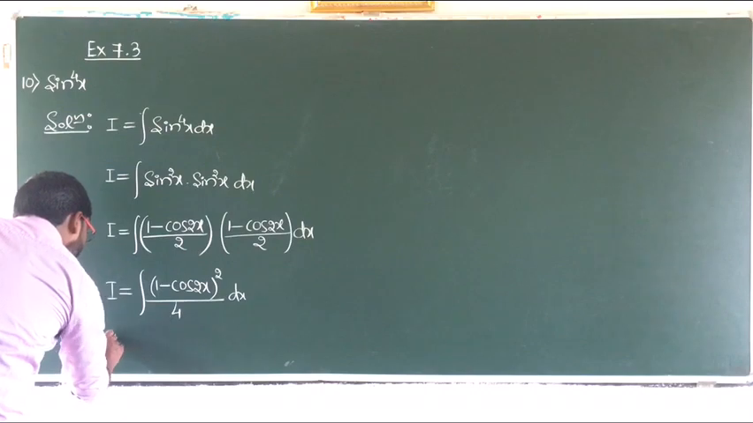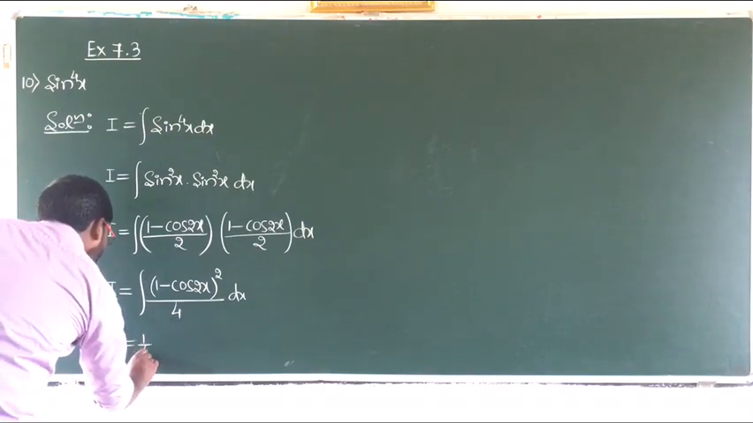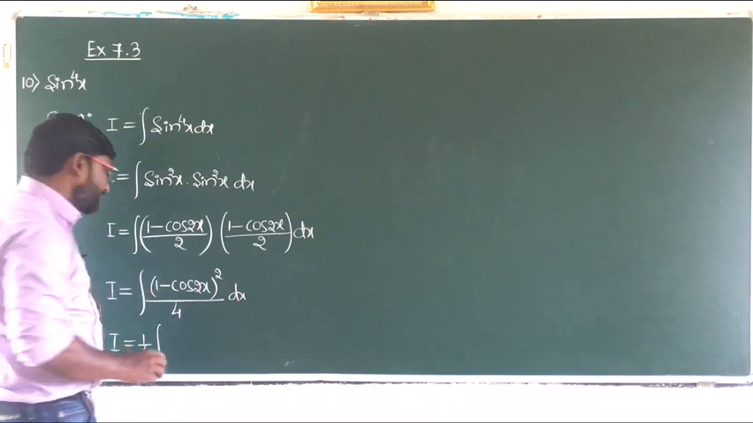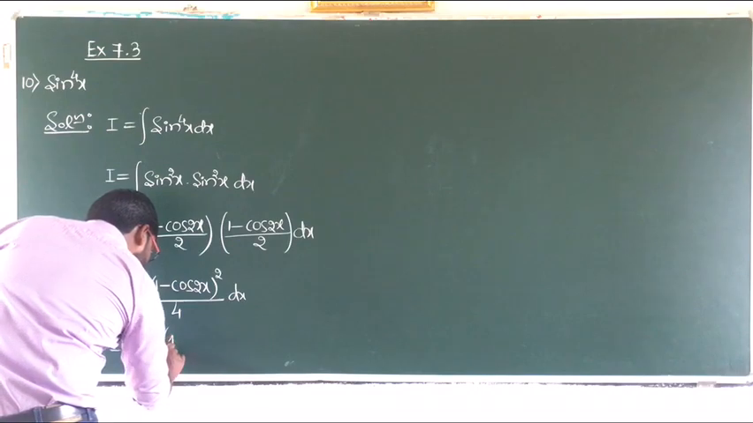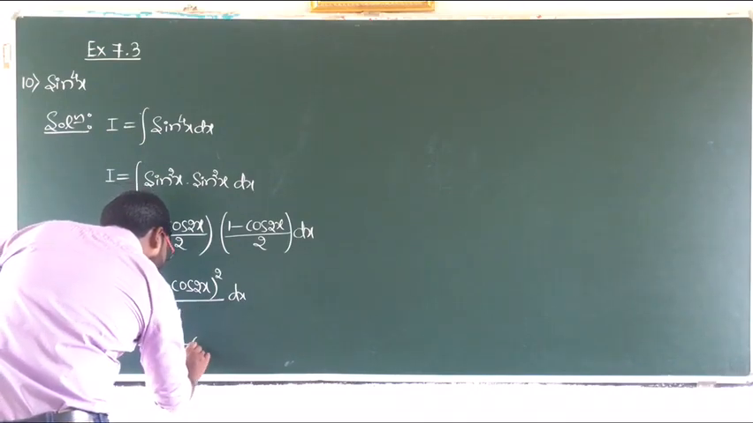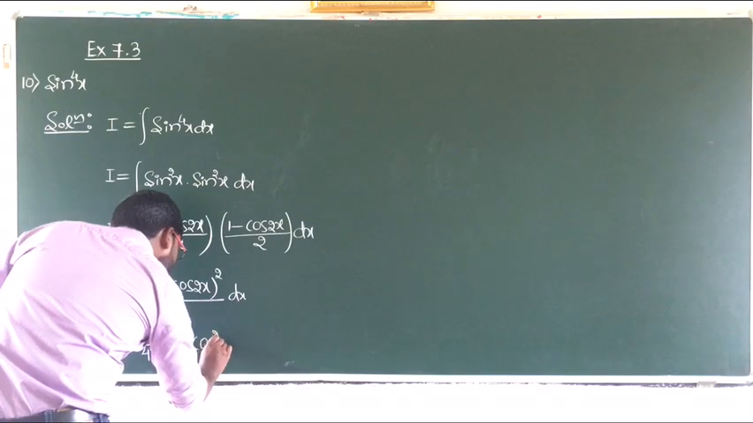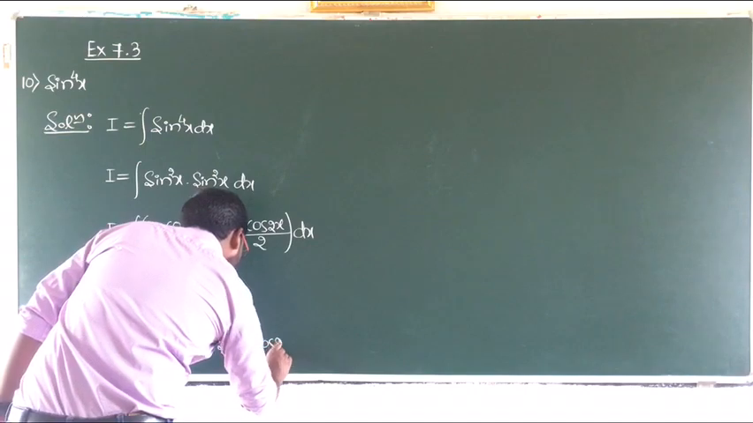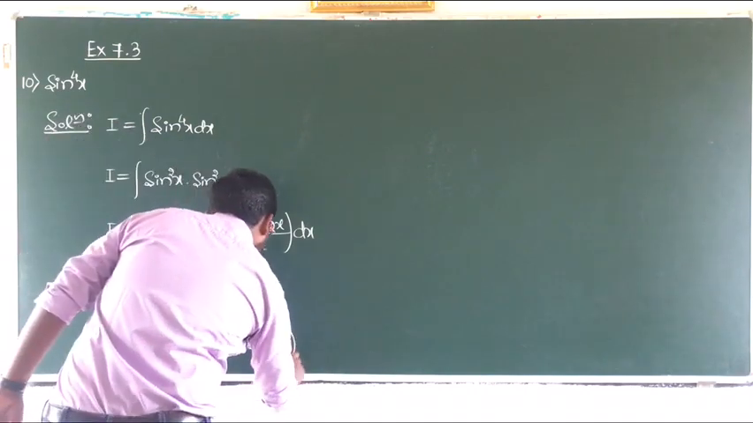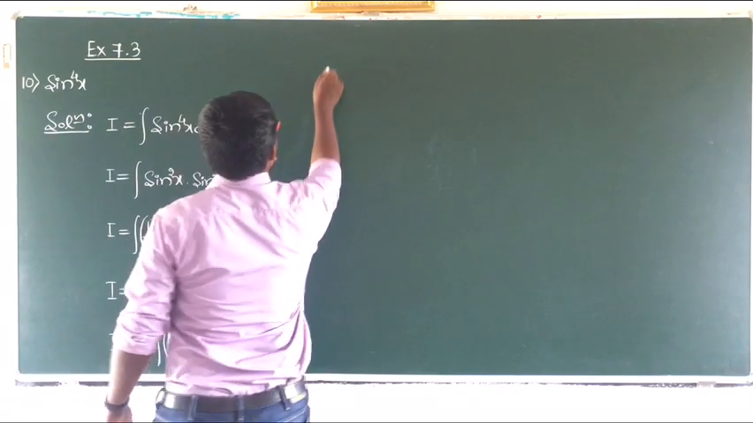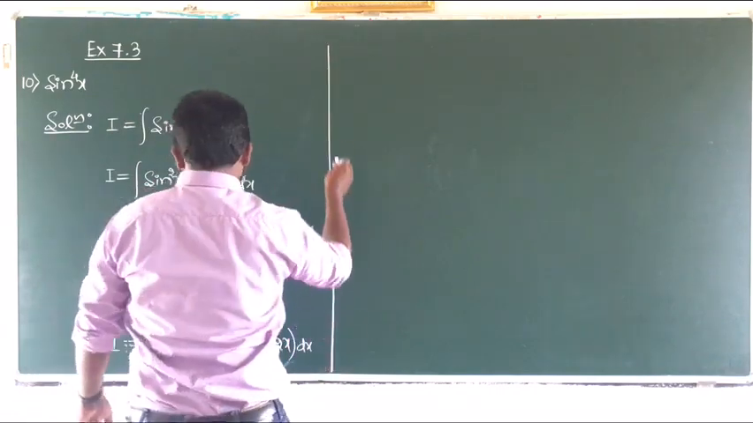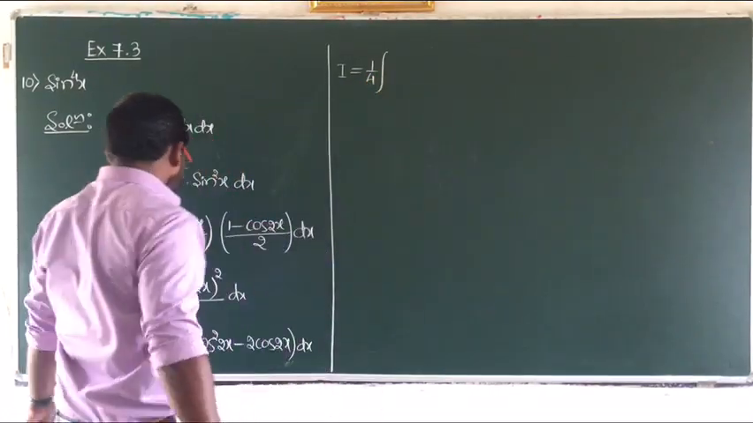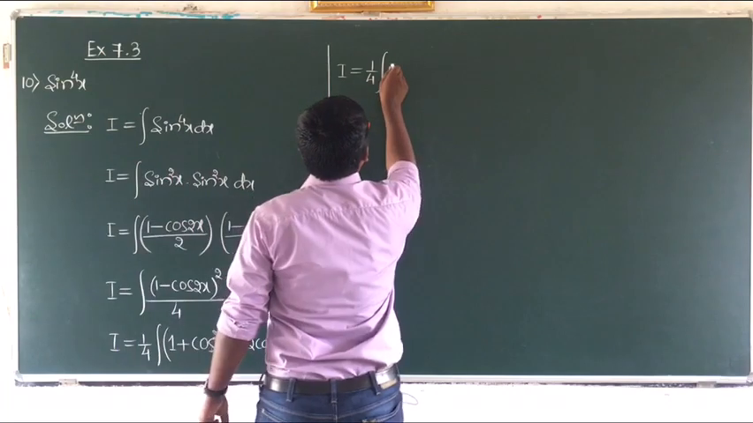So let us do that. 1 by 4 I am writing outside, then the integral of a minus b the whole square will be a square plus b square minus 2ab. So a square, that is 1, plus b square, that is cos square 2x, then minus 2ab, that is minus 2 cos 2x, and then dx. So now write 1 by 4 as it is outside the integral, then write 1 as it is,